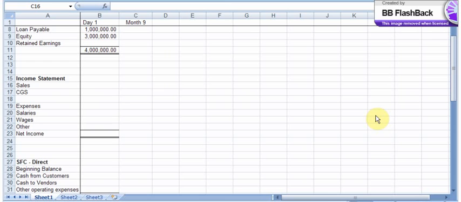The months to be completed will be the remainder of month 9. Day 1 is the first day of month 9, and month 10. The following variables, which are highlighted in green in the attached model, are included. So what we are going to do is start putting in our variables, and as I noted in the last lecture, the order in which we prepare these financial statements is to do the income statement, statement of cash flow, balance sheet, and then the indirect cash flow statement. So we'll start with our